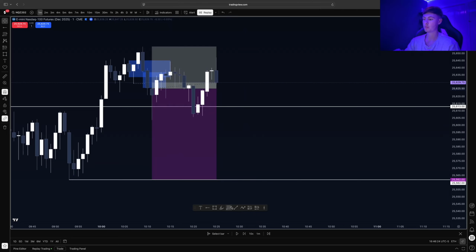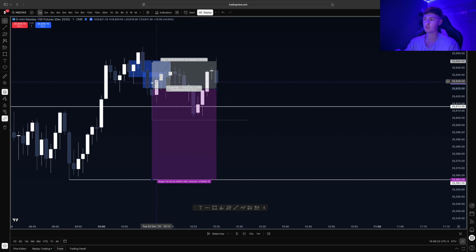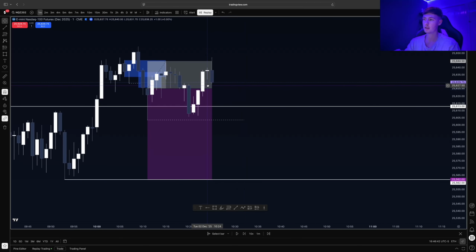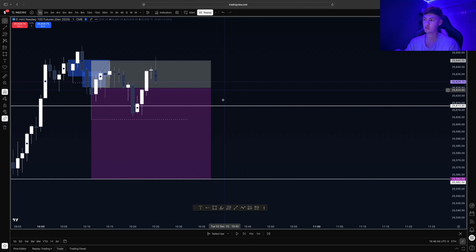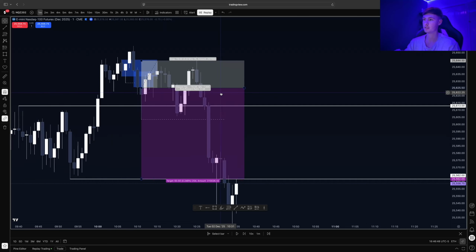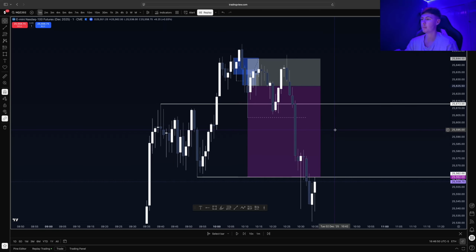Okay, so notice how price didn't break this low. Early traders who are in this short are already trailing stops to the most recent highs. Now the market makers punish those specific traders before delivering the real move. So notice how price bumps above buy side once more, and then just notice the displacement straight to TP that we'll get right here. Just like that, guys. It's literally how the market moves. Buy side liquidity back to sell side liquidity.